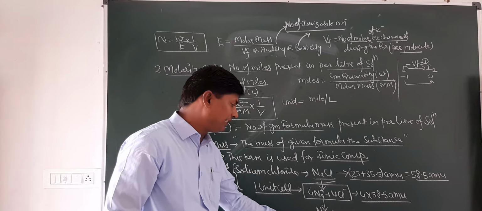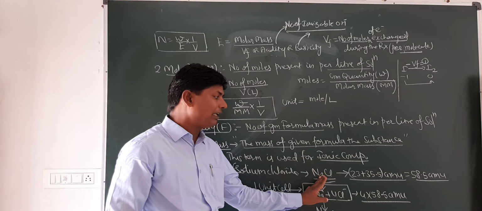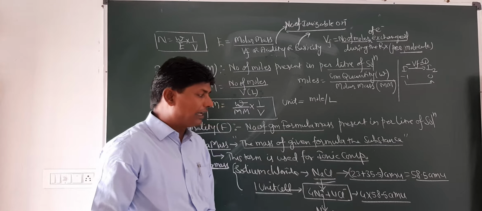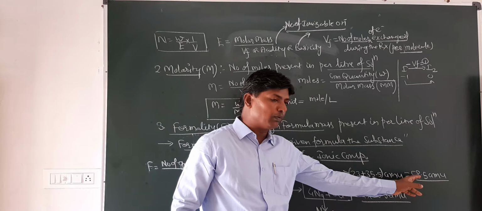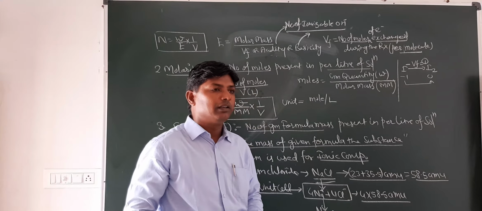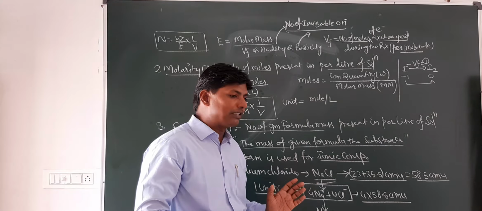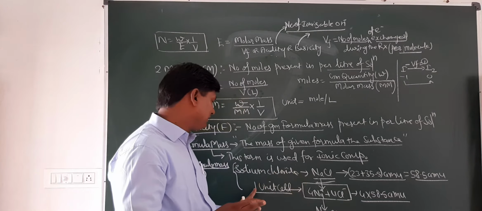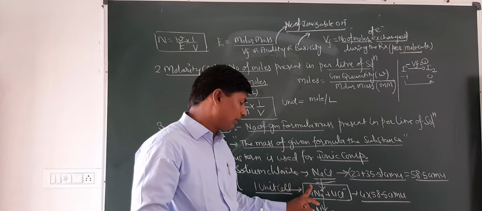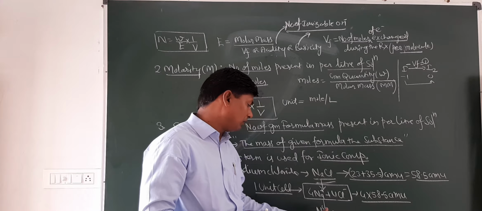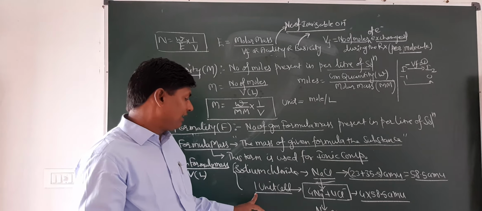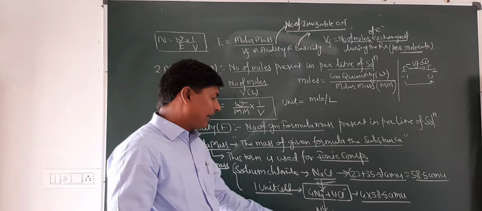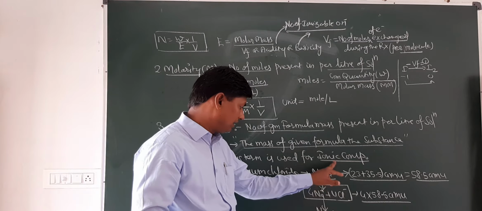We are not given Na4Cl4; we are given NaCl. That's why we use the formula mass of NaCl, 58.5. We cannot say that this is the molecular mass of sodium chloride. Molecular mass means the mass of a molecule, and molar mass means the mass of 1 mole of the exact formula. Here this is not the exact formula, because the exact formula of sodium chloride is Na4Cl4, since in solid state you will study that there are 4 sodium ions and 4 chloride ions present in one unit cell.